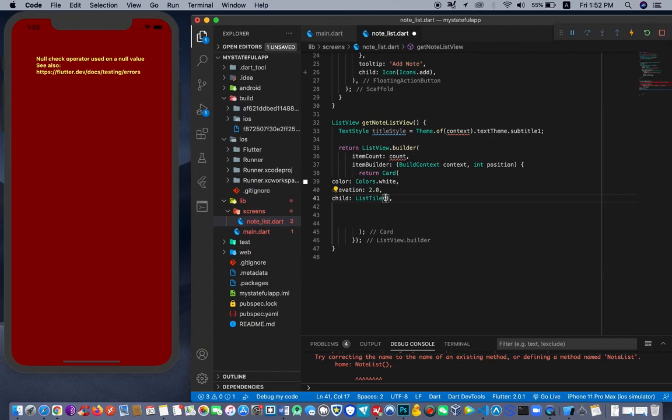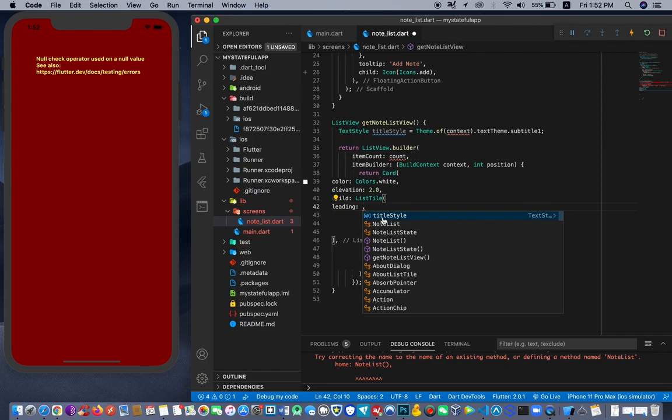Okay, so for that, let's add the leading inside the list tile like this. Okay, so list tile leading. Okay, so leading,